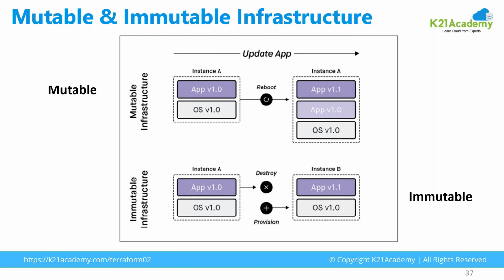If you see, for just getting version 1.1 from instance A, I have provisioned new infrastructure and gone with 1.1, and then destroyed the old instance. So altogether I have made instance B. Instance B I have generated from a golden image, some golden image I have created and kept. Using that I have created the machine image and provisioned it,